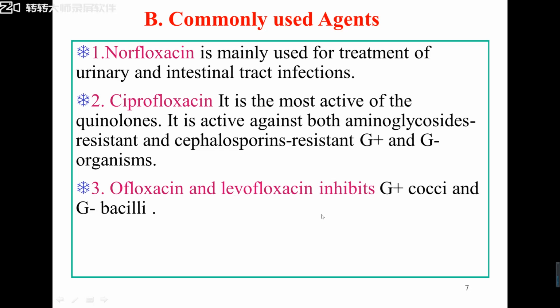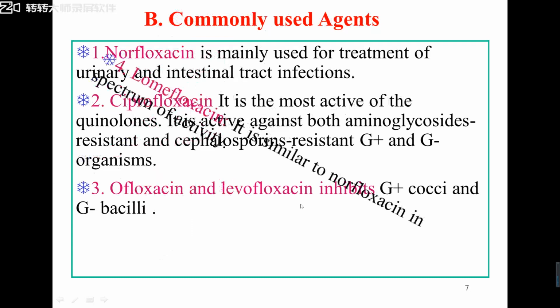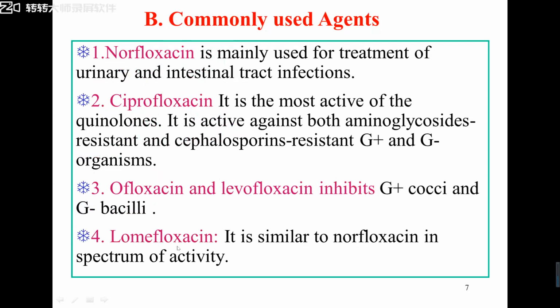Nearly 100% bioavailability. So it can be absorbed totally and can kill bacteria. So it is very useful in clinic. We also use levofloxacin. And then lomifloxacin. Lomifloxacin is similar to norfloxacin in spectrum of activity, so it is broad spectrum and widely used in clinic. Next, the adverse reactions